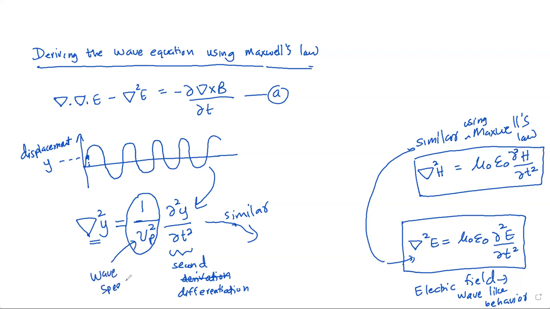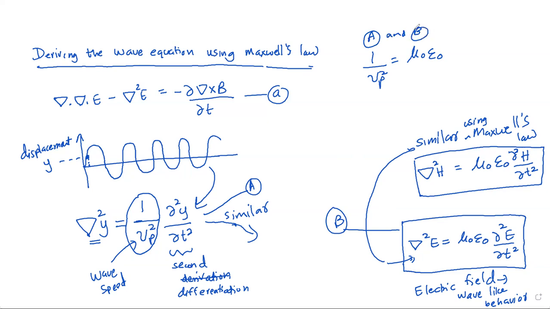So this parameter we can equate in both situations, and we can write that the speed of the wave is related to mu naught epsilon naught, right? By taking the equations A and B. Let's say this is A and this is B. So considering A and B,